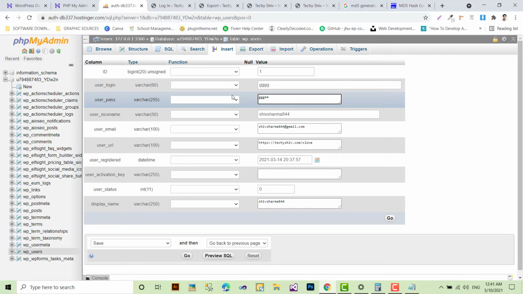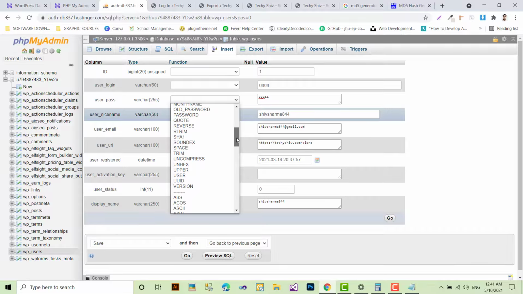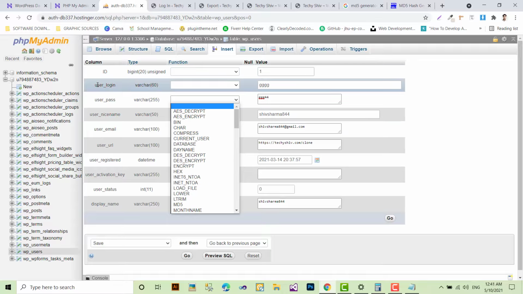Actually I am changing the user login, and here is the display name.